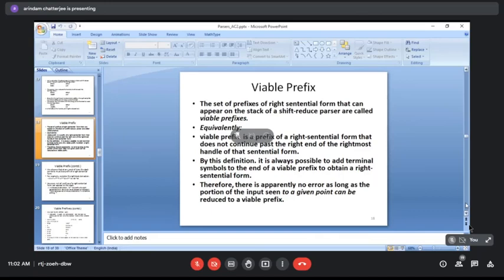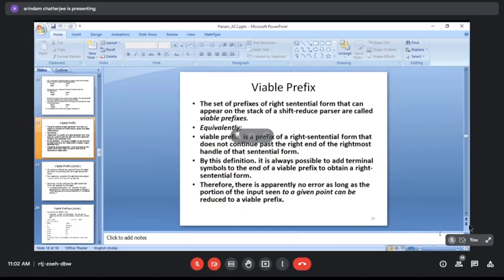If your sentence can be parsed, it is syntactically correct, then the stack will always hold the prefix which can be reduced towards the start symbol. All right.